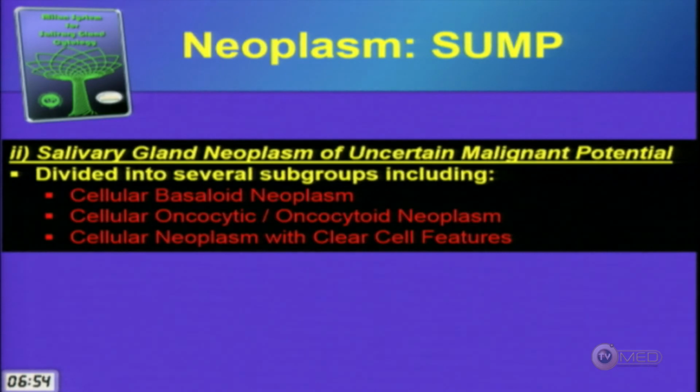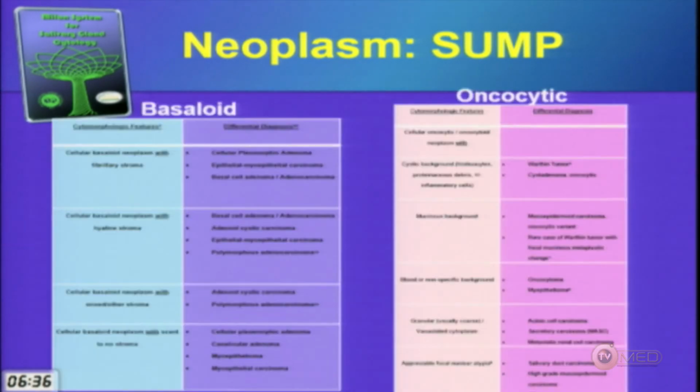I don't really want to go into a lot of detail on this, but I will mention that in the atlas, we do subdivide this neoplasm category into basaloid neoplasms, oncocytic, and those with clear cells. It's not essential that you use that. We only put it in there as a guide for you to think about the differential diagnosis. And we even subcategorize these groups even further. But again, that's not important for the reporting. It's just to help you out in terms of formulating your differential diagnosis depending upon the features that are present.